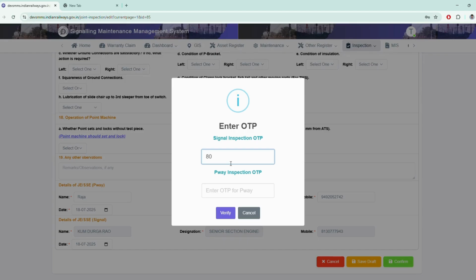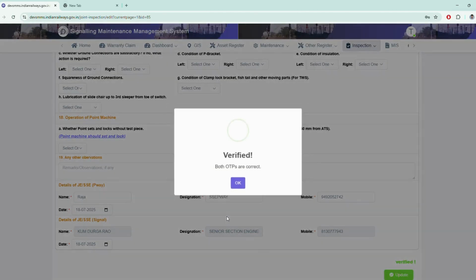The OTPs are valid for one calendar date and can be used for submitting inspection details of all the point and crossing inspections which were carried out during that date.